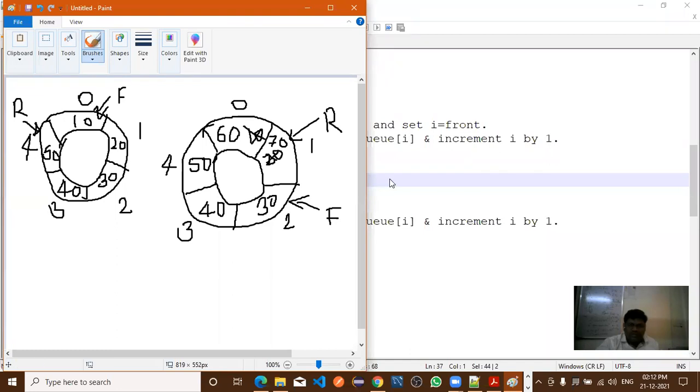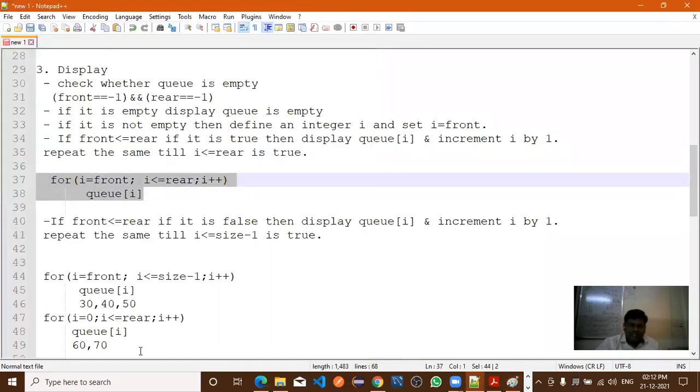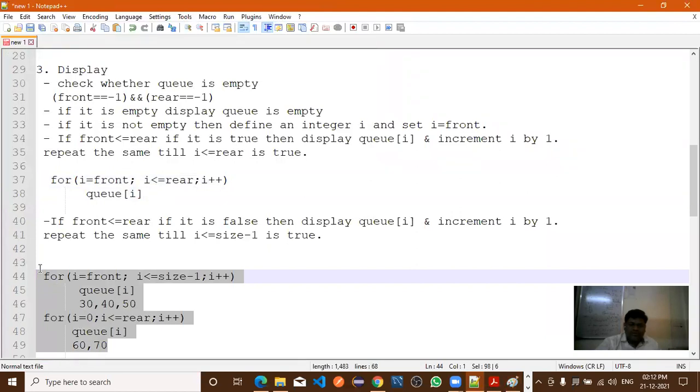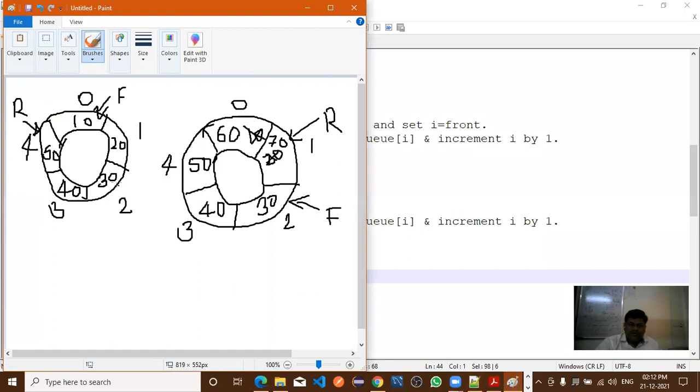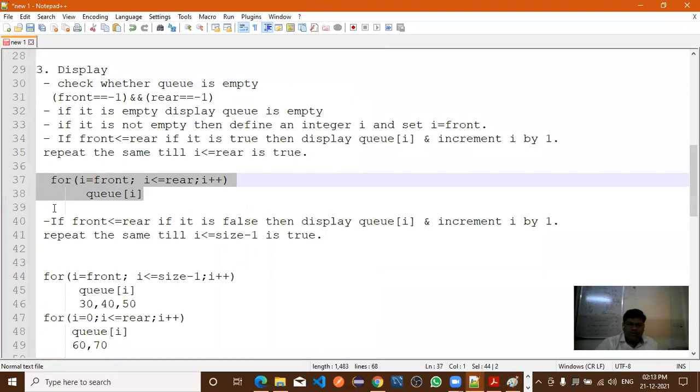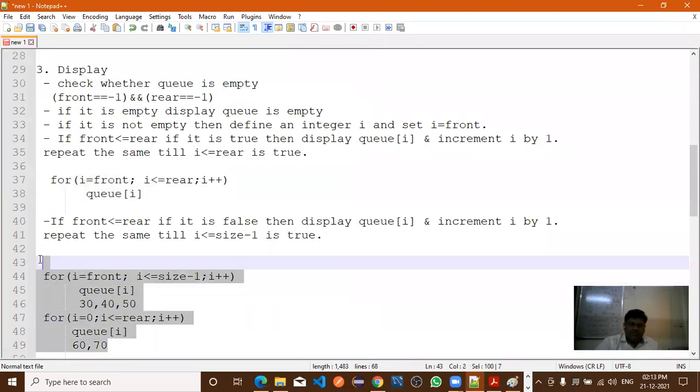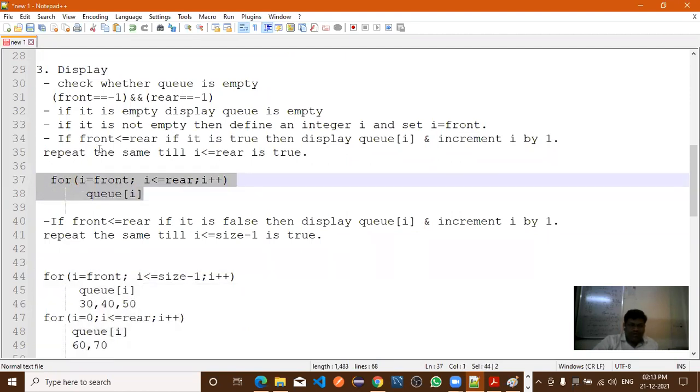In that case, which will be used? Will the first for loop be used or these two? Suppose the value of F is 2 and value of R is 4, the elements 30, 40 and 50 will be there. In that case, which will be used? First for loop. Why? Because front is less than or equal to rear. Now all of you understand.